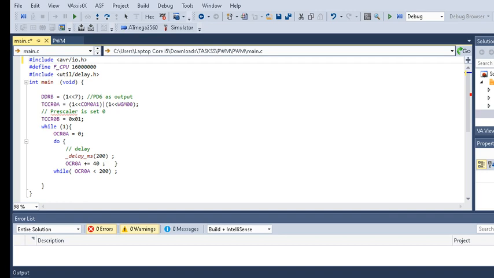First we have included the header files, delay and avr/io.h, and then inside the main function we have set port B's pin 6 as output. Then we have set the value of TCCR0A, with COM0A1 and WGM00 shifted towards the left by 1 bit, and the prescaler is set as 0, as TCCR0B is equal to 0x01. And then inside the while condition the OCR0A value